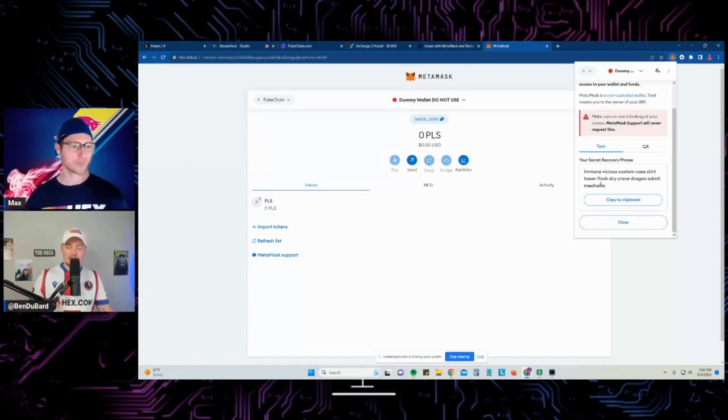It just hasn't been exploited yet, right? You never know. Someone could have gotten like 1,000 seed phrases for MetaMask, and they're just taking their time going through it, and yours is next on the list. So if you only have HEX stakes in that wallet, maybe the hacker doesn't know about HEX, or he's just looking real quick and says, oh, there's nothing in this wallet, and they move on. And then whenever you end a stake, just send it to your new hardware wallet where the seed phrase came